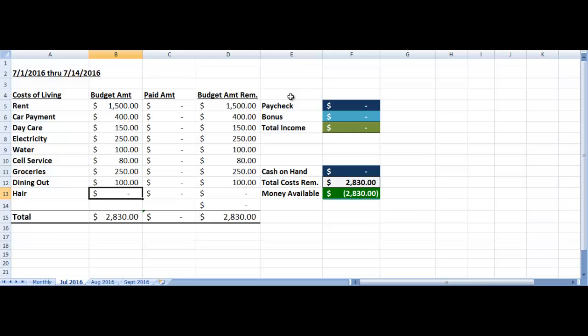And let's say that we're going to get our hair done and we plan for it to cost $100 as well. All right, as you can see here, this template is already set up to fill in your final column. How much is left? How much you have left in the budget to use for each of those costs. So as you can see, if we're looking at the rent,